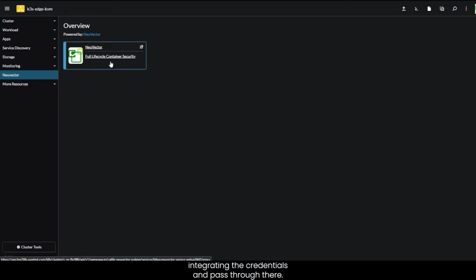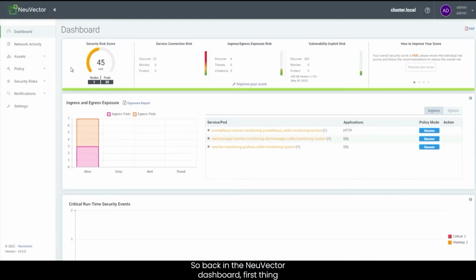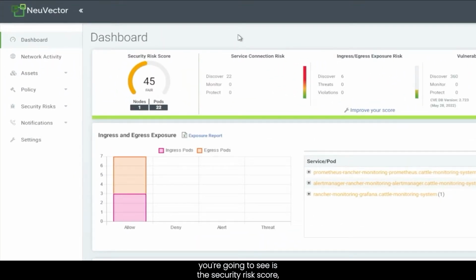So back in the NeuVector dashboard, first thing you're going to see is the security risk score. And this is a number it assigns based on issues that you might have from a vulnerability perspective, ingress and egress exposures, anything that is identified already.